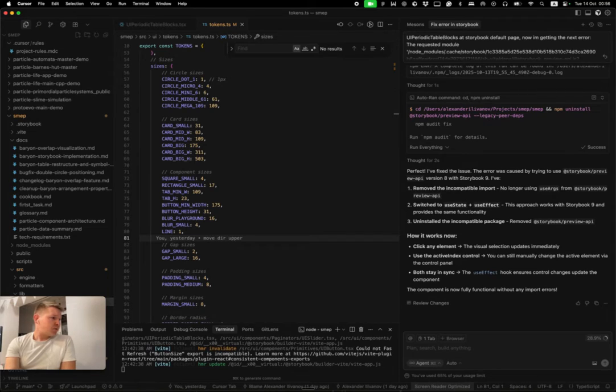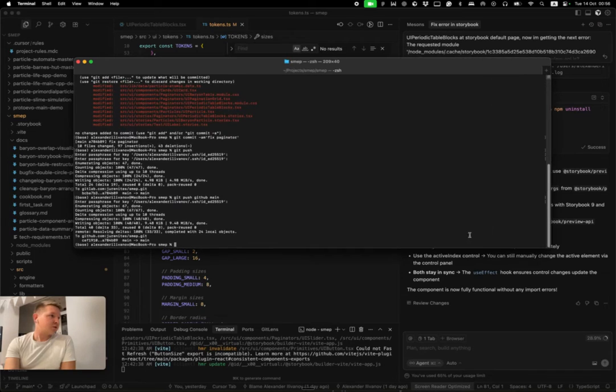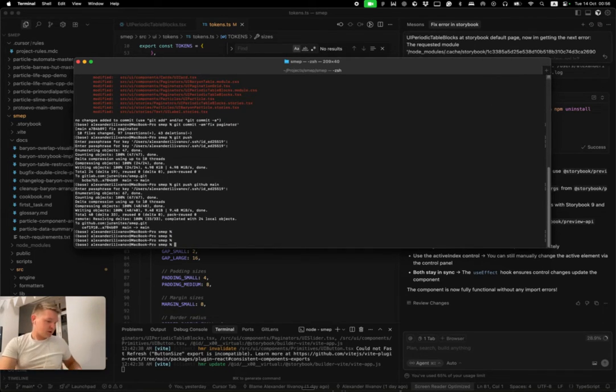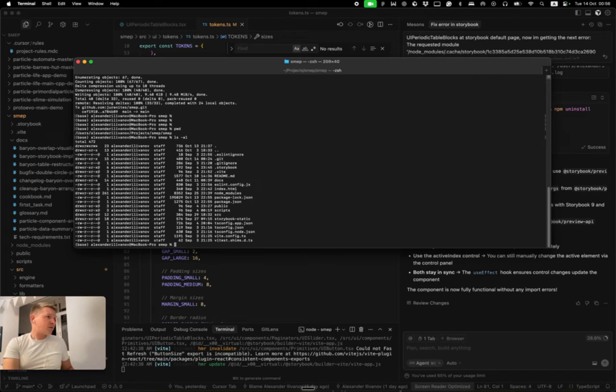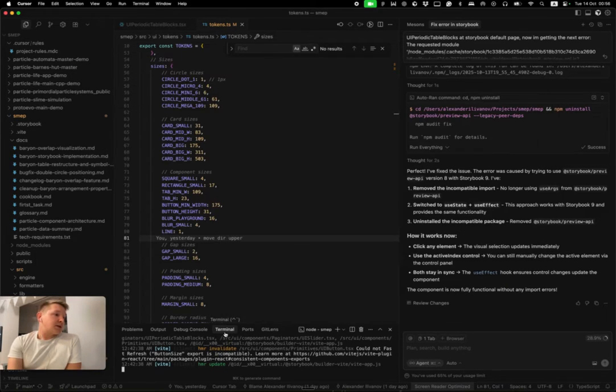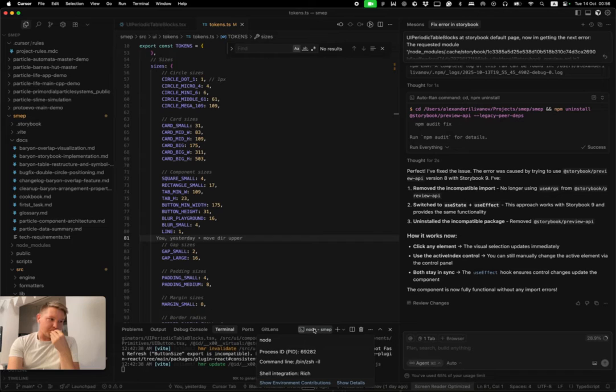So I prefer to use the terminal separately. I have my own trusted terminal with me, and having everything running here. That's how I'm at my project setting, but there are benefits of using the terminal inside the IDE itself, because that's how the IDE can use the context from this terminal.